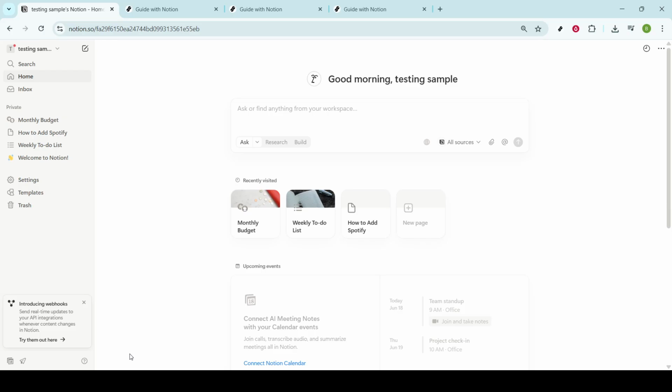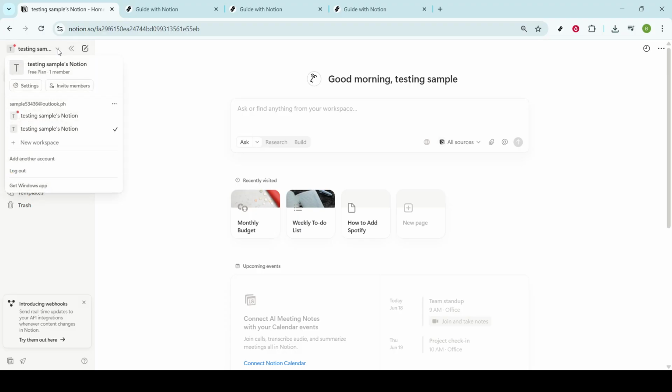Starting from your Notion homepage, the first thing you want to do is locate your profile icon, which you'll find nestled in the left top corner of your screen. As you hover over this area, you'll notice a drop-down menu appear. Go ahead and click on it. This drop-down grants you quick access to various essential settings and personal information, making it a primary stop for customizing